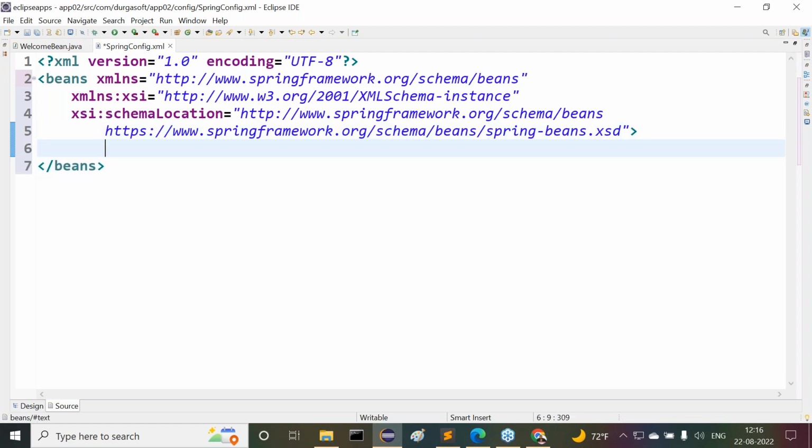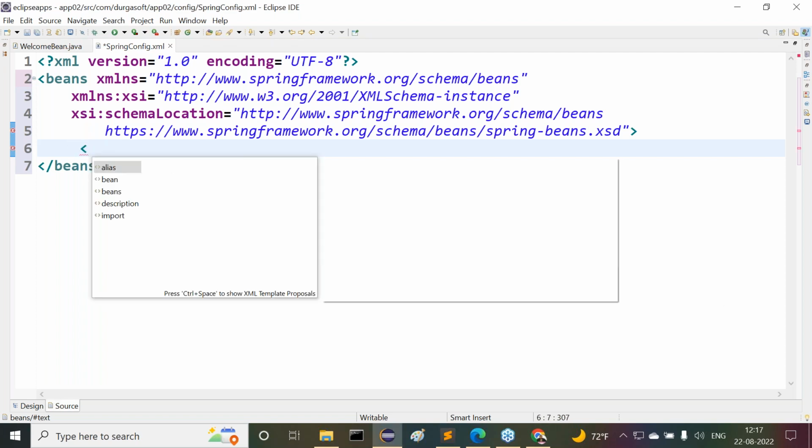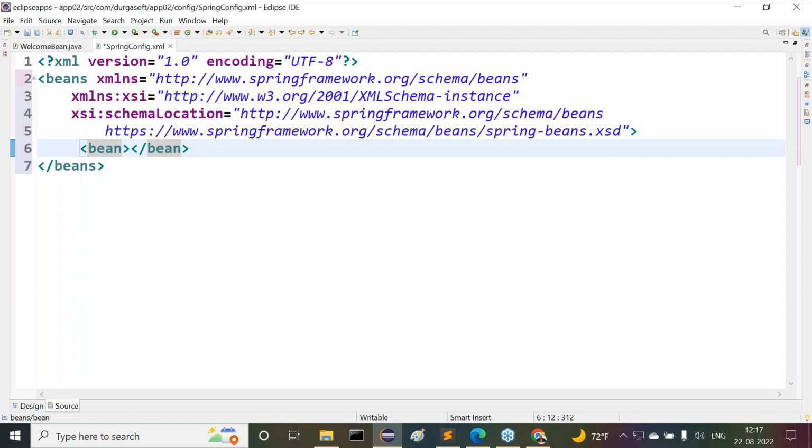It is able to include so many bean configurations, not like one bean configuration. As per our requirement, one bean here I have to configure. How many beans do we have to configure here? Only one bean. How to configure that one bean here? Here we have to use the bean tag. Just only self-closing here I want to provide. ID is equal to welcomeBean. ID is equal to what? welcomeBean. Class is equal to